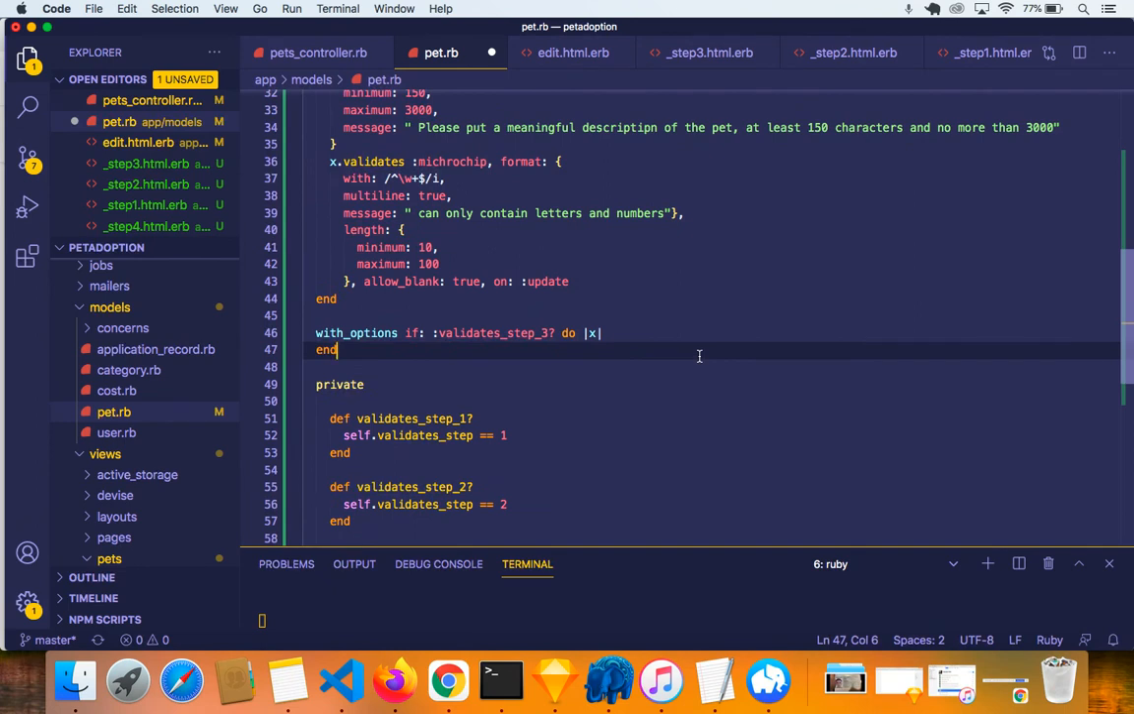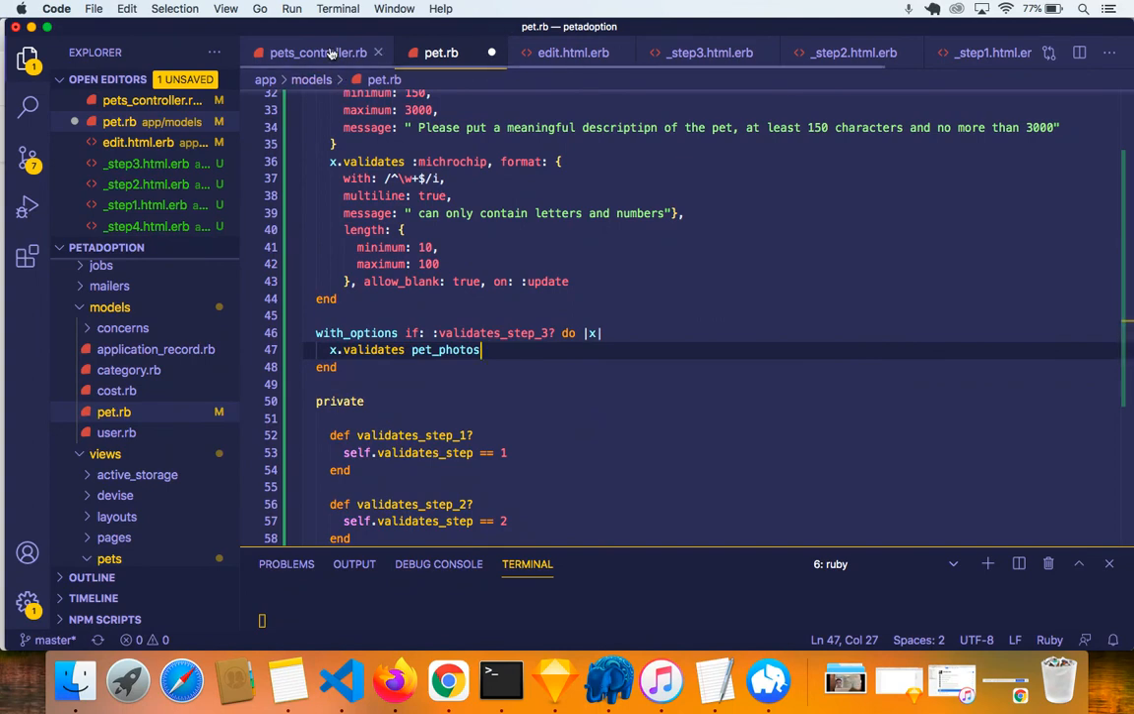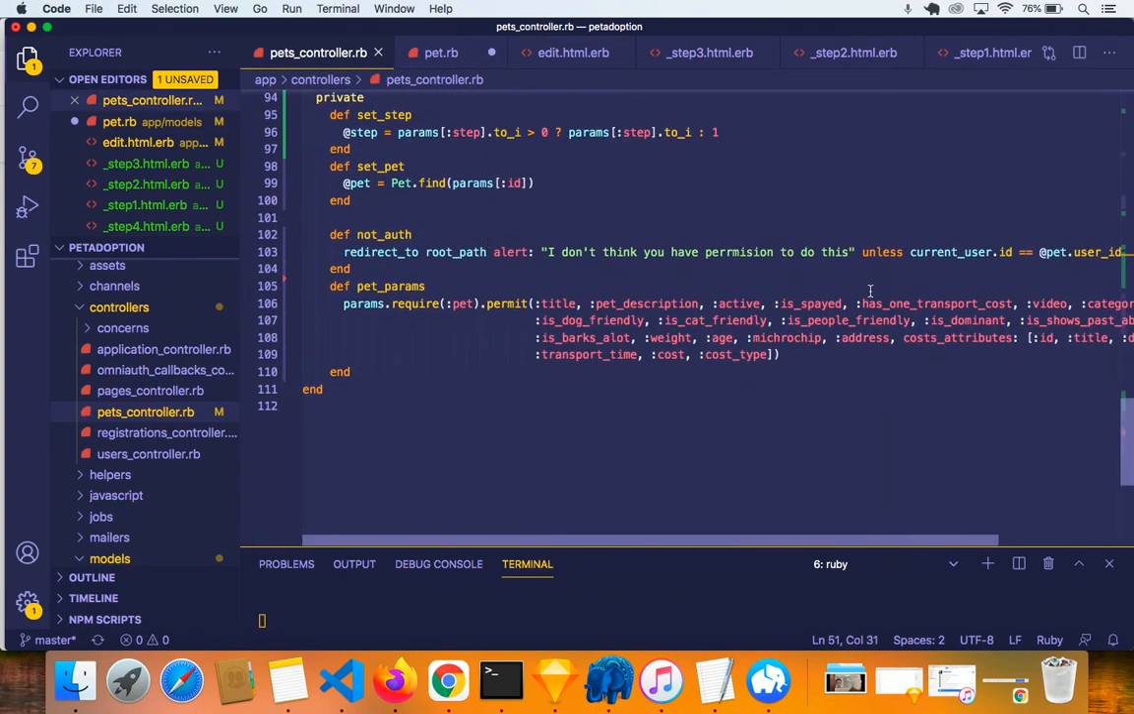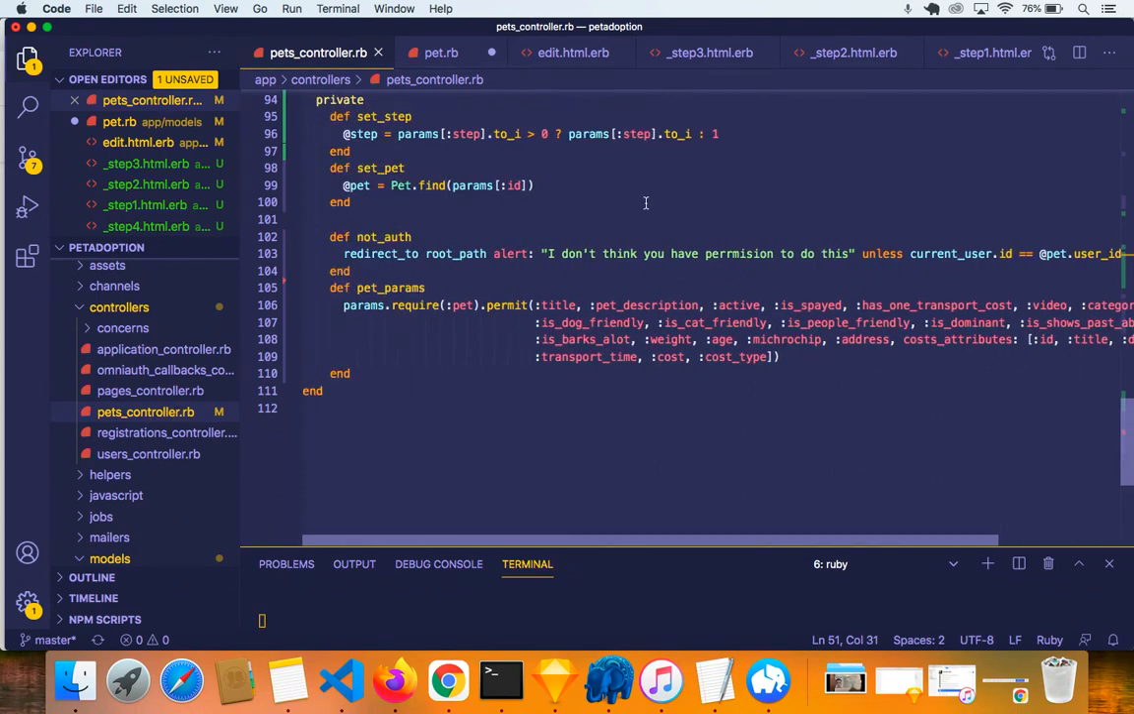And we want to do the pet media. I think that's really important. So just put like x.validates step 3. No, no, we already did this there. So x.validates. I think it's the pet photos. You can see it in the controller down here. It's pet photos, right? Actually, no, it's in the pets table through